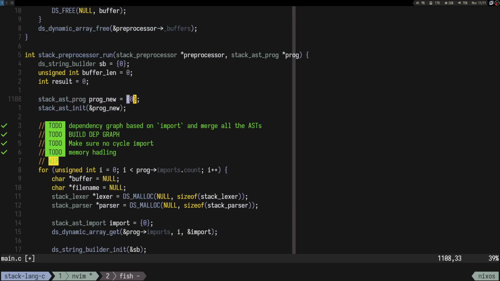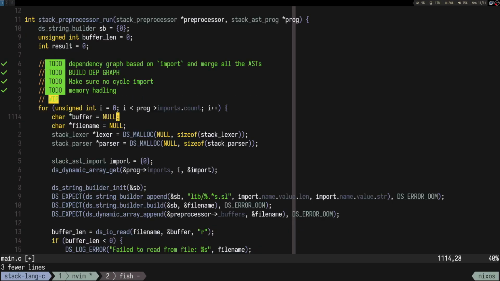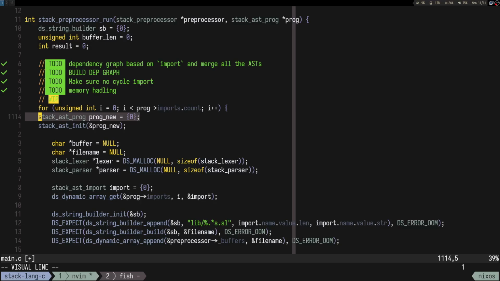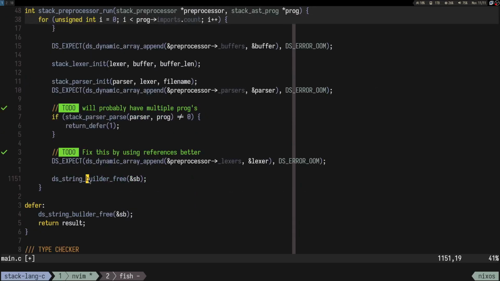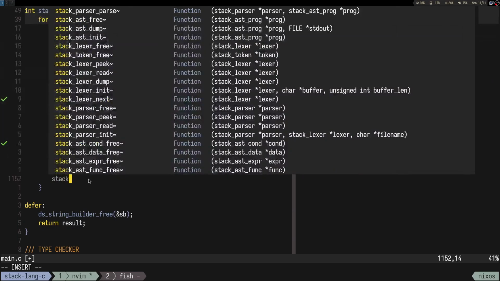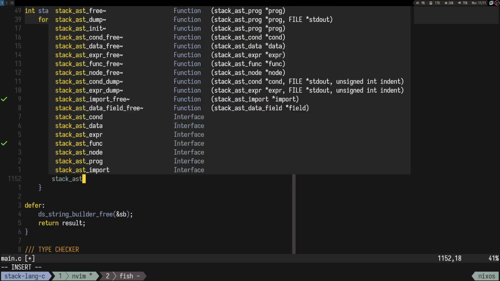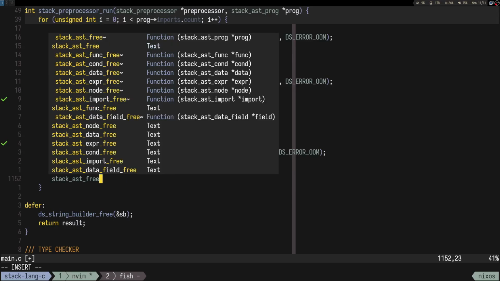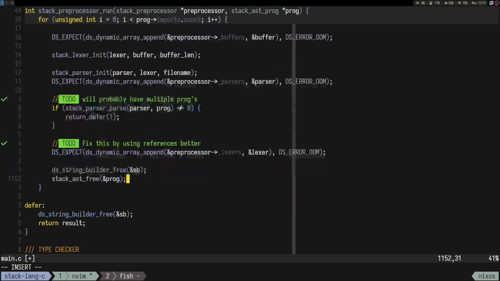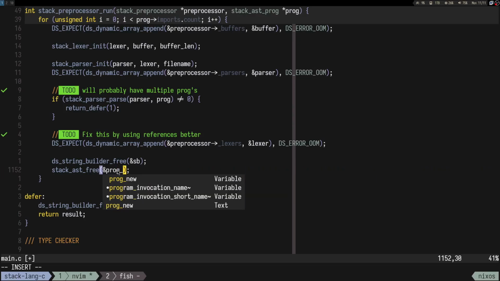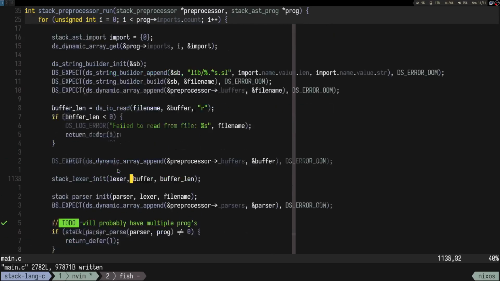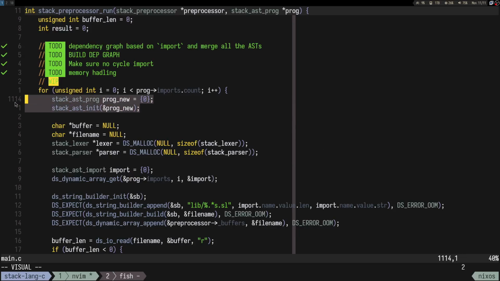Let's say we have prog new as a variable here somehow, right? And we st init it, and at the end we stack st free the program so we don't lose it, or I guess prog temporary. So we initialize it, so that's not a problem,